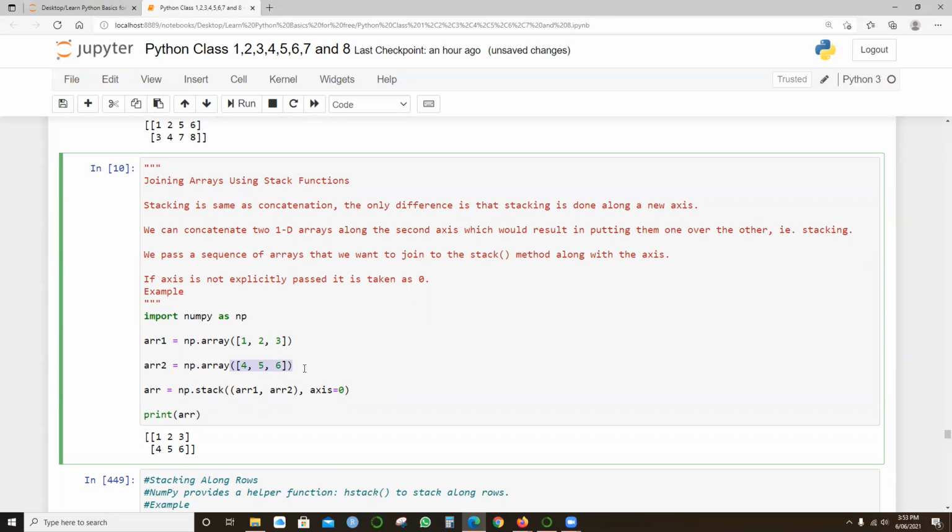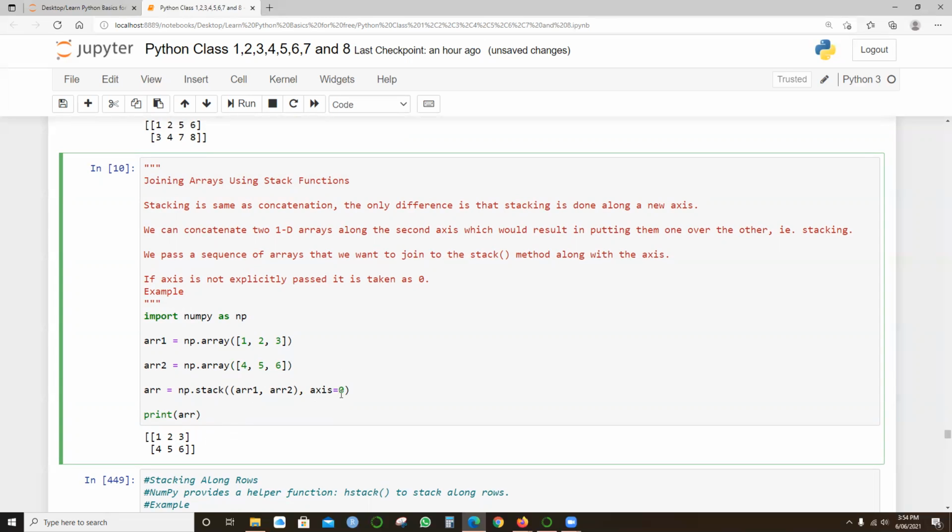You had a single dimensional array, and it prints it as it is. You have another single dimensional array, but the difference is that it converts the two single dimensional arrays into a double dimensional array.